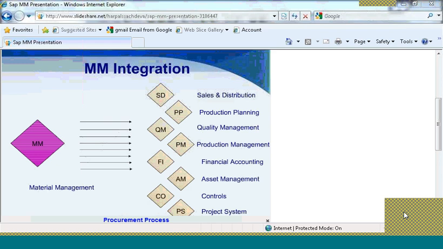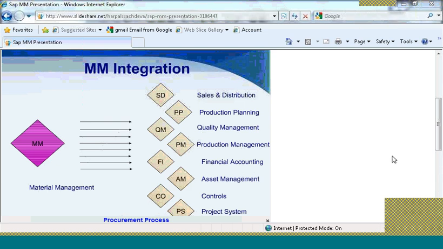Thirdly, we have the quality management module, wherein once the product is being produced, you can send it for your quality checks using this module. You have a production management module, your financial accounting module, your asset management module, controlling module, and finally a project system.